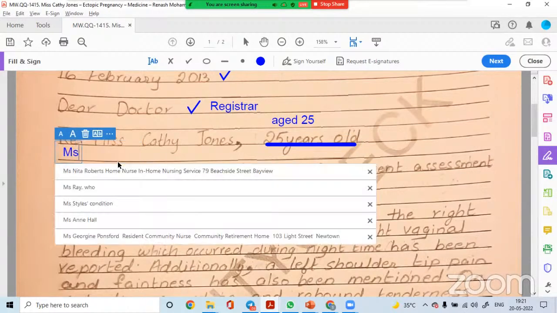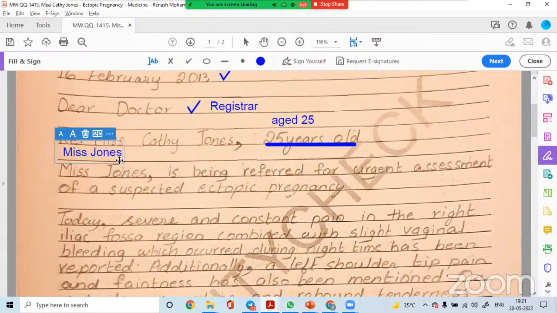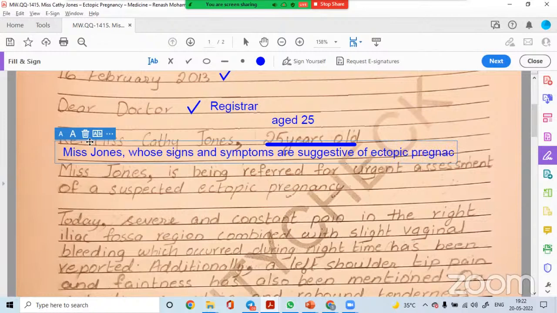Miss Jones, who has signs and symptoms suggestive of ectopic pregnancy, then here you get is being referred